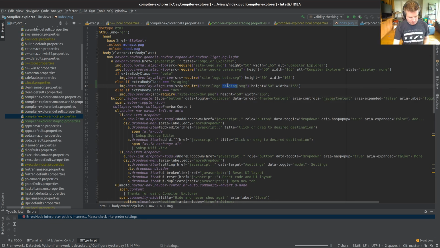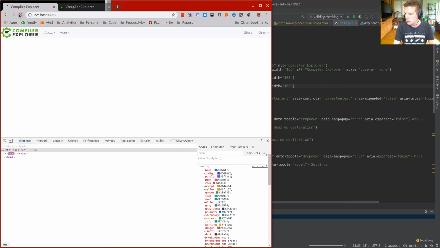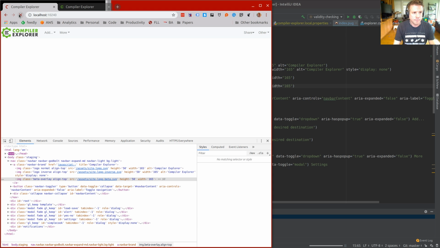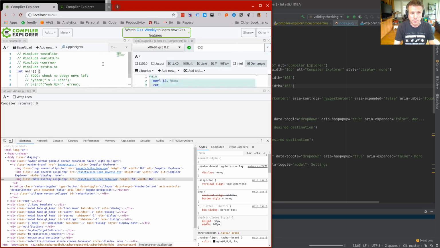I'm going to just change this to be beta and observe that it works perfectly fine. Then it's going to be down to some strange thing in the SVG, isn't it? Say what? Did I break that? I don't understand.